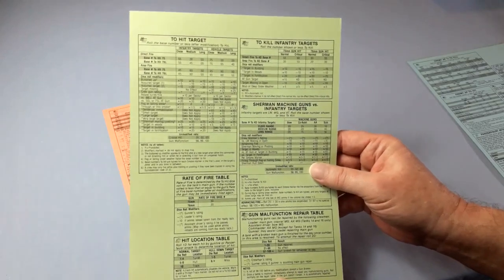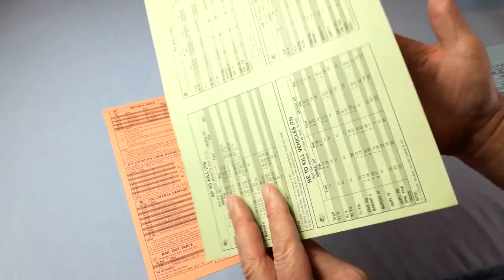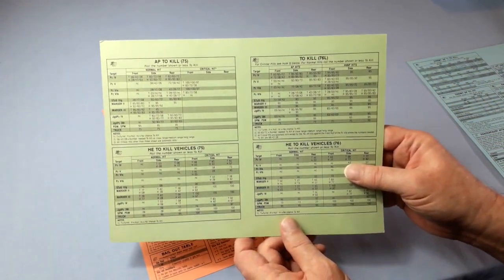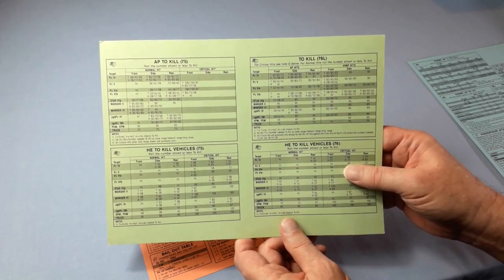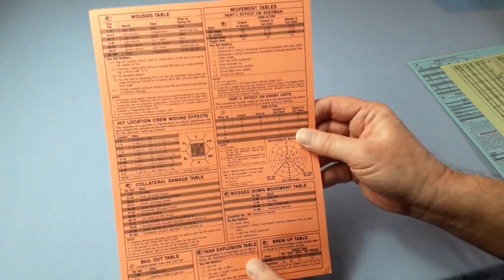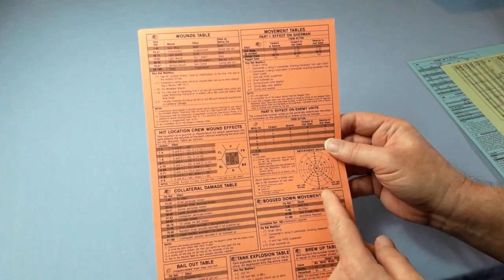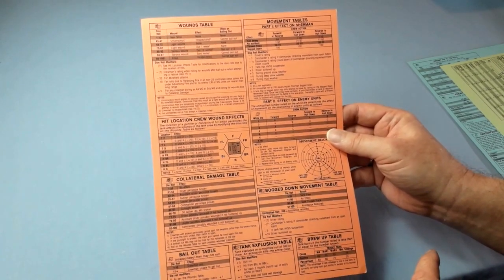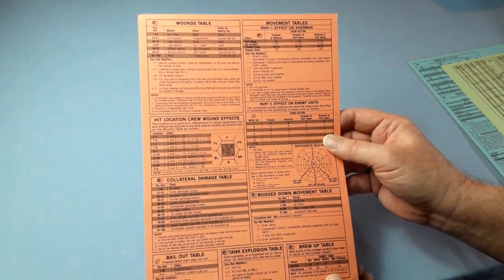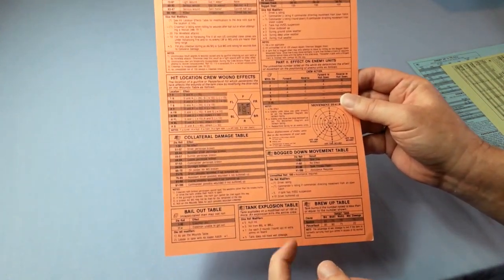Here's the other one. To hit, infantry targets, and this are all the to kill charts. And lastly, one with wound table on it, movement tables, bogged down movement tables, everything, brew up. Oh dear. Hit location crew, wound effects, collateral damage table, bailout, tank explosion table,